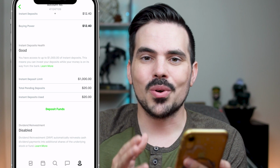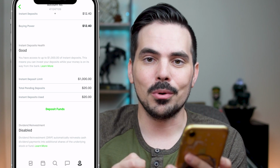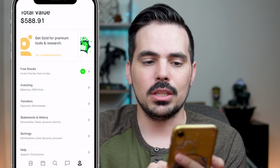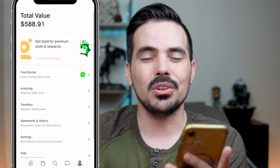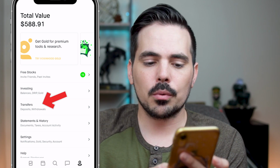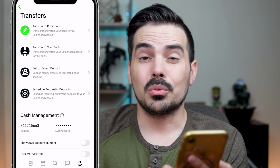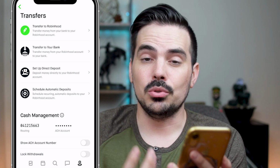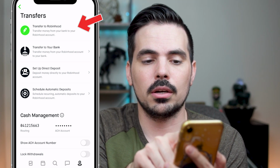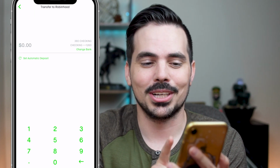So now I'm going to go ahead and show you how to actually go through the process of doing an instant deposit. So if we go back to the main settings page over here, you can click on that person icon or the back button. Either way works. And then what we're going to do is go to transfers. So right over here, you're going to see the options to do your transfers, and it's pretty much similar to a regular transfer. So we're going to click on transfer to Robinhood, I should say, at the very